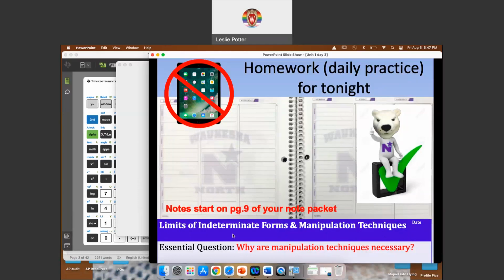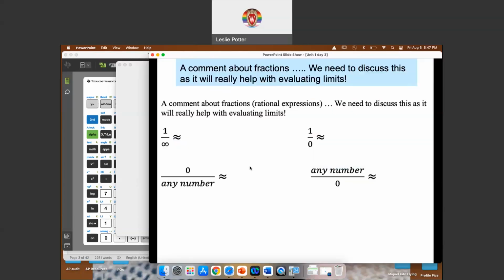This is a different technique because we have a different situation. I'll get into what an indeterminate form is in just a second. But our central question is, why are manipulation techniques necessary? Why can't we just always plug and chug? That's kind of the secondary question. So first, before we get into the nuts and bolts for these notes, I just want to make